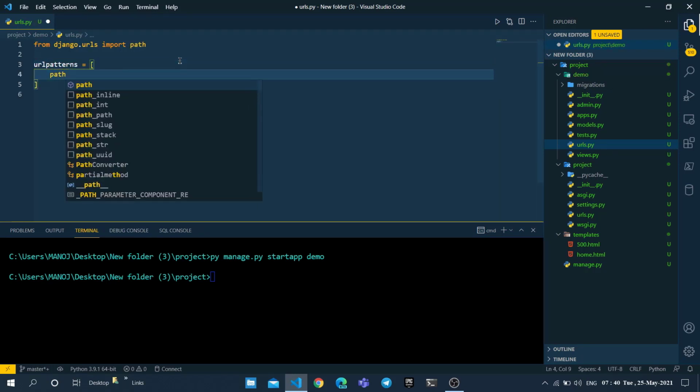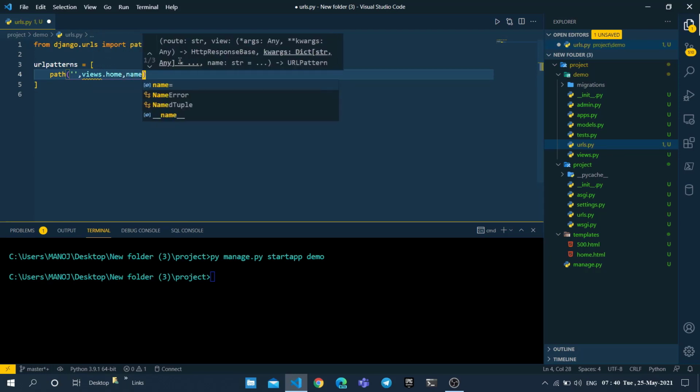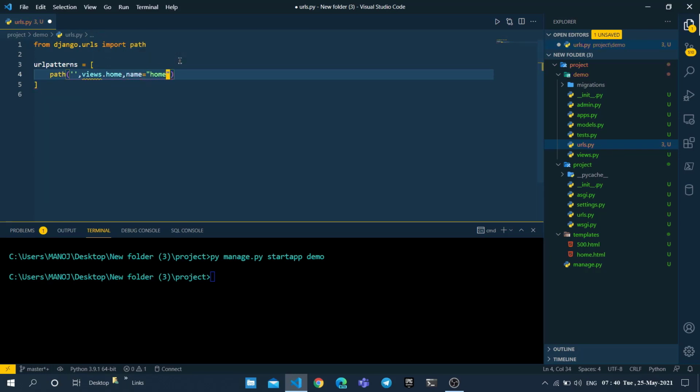Here I am writing my first path as an empty path, single quotes, and then views.home, comma, name equal to home. This is for our home page. We are getting a warning for views. To resolve it, just type the following import line: from . import views.